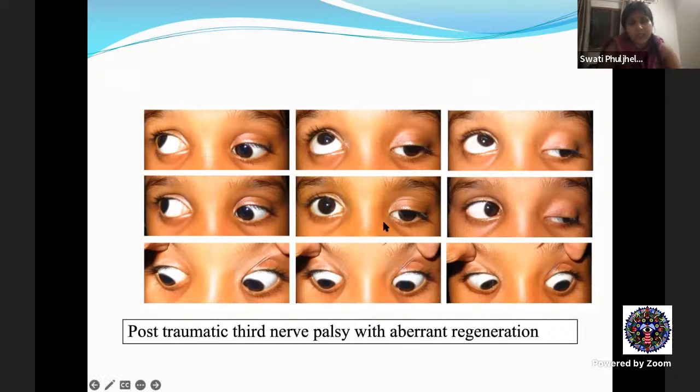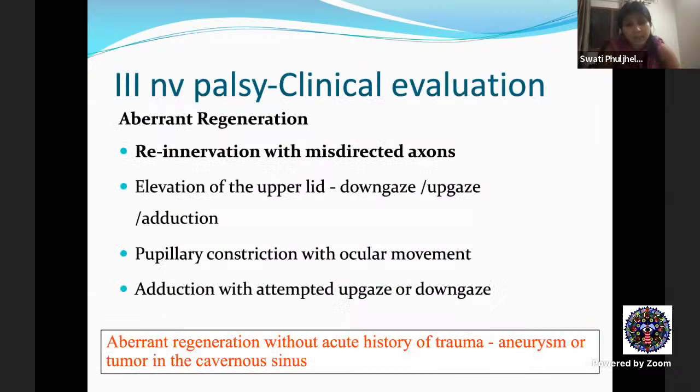So in this case, you can see this is a case of post-traumatic third nerve palsy with aberrant degeneration. The left eye, otherwise in primary gaze, has ptosis, but on adduction the ptosis improves. So this is one of the forms of aberrant degeneration, which is due to a misdirection of the axons, which regenerate after the trauma. Other presentation of aberrant degeneration could be elevation of lid in down gaze or in up